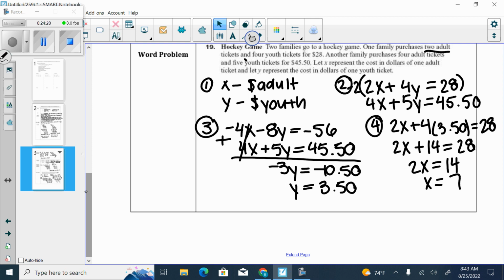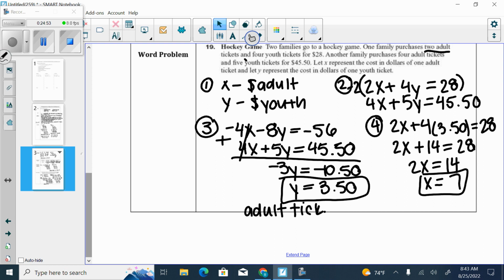Okay, something I want to point out to you guys, in a word problem, sometimes you use variables x and y, sometimes they give you other variables to use, right? Like on yesterday's, it was you could use C and P for candy bars and pretzels. If you were to write something in an ordered pair that's not x and y, you write them in alphabetical order. But typically in a word problem, they're asking how much did that specific item cost, or whatever it is they're talking about. So you would just tell me in words, adult